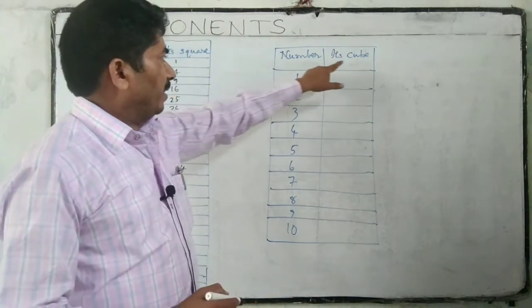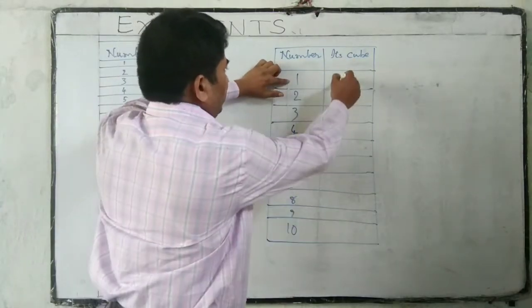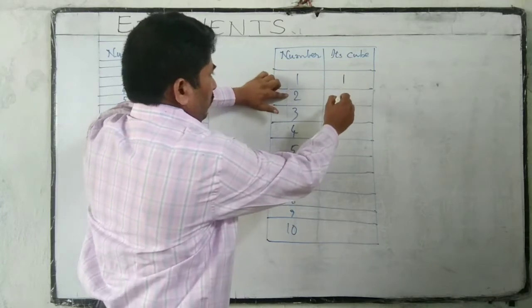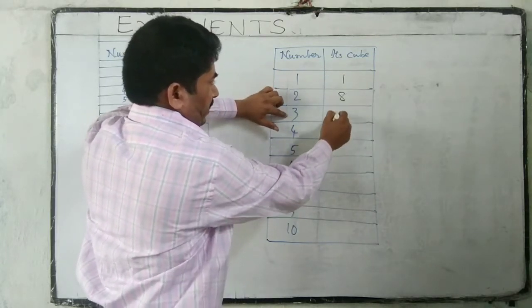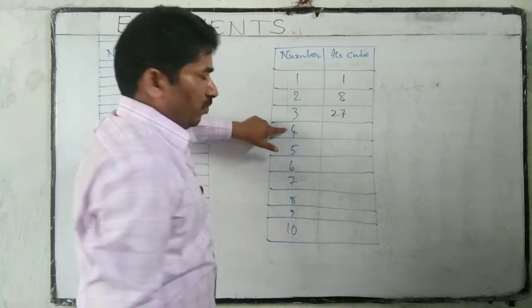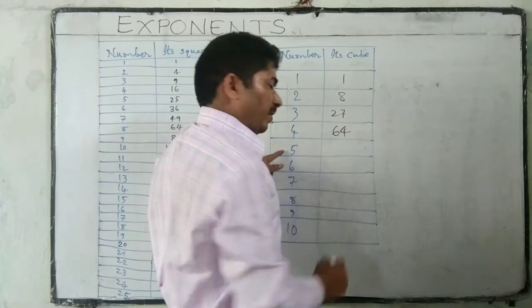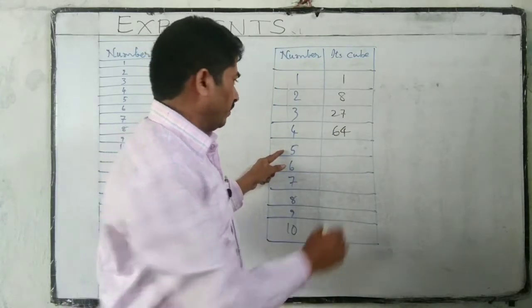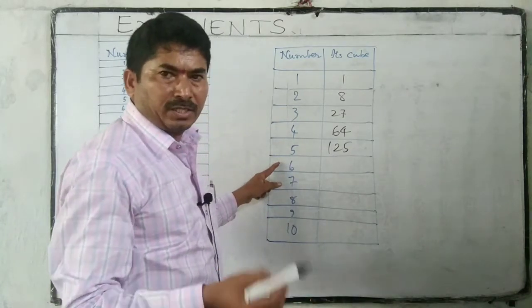Next, a number and its cube. 1 cube: 1 one is 1, 1 one is 1. 2 cube: 2 twos are 4, 4 twos are 8. 3 cube: 3 threes are 9, 9 threes are 27. 4 cube: 4 fours are 16, 16 fours are 64. 5 cube: 5 fives are 25, 25 fives are 125. 6 cube: 6 sixes are 36, 36 sixes are